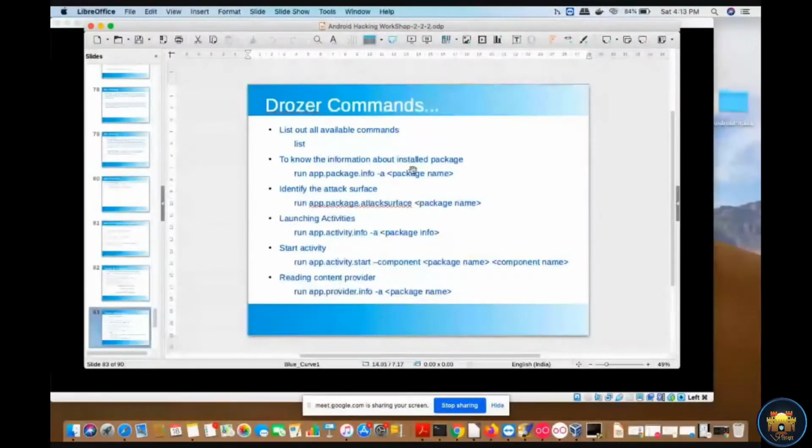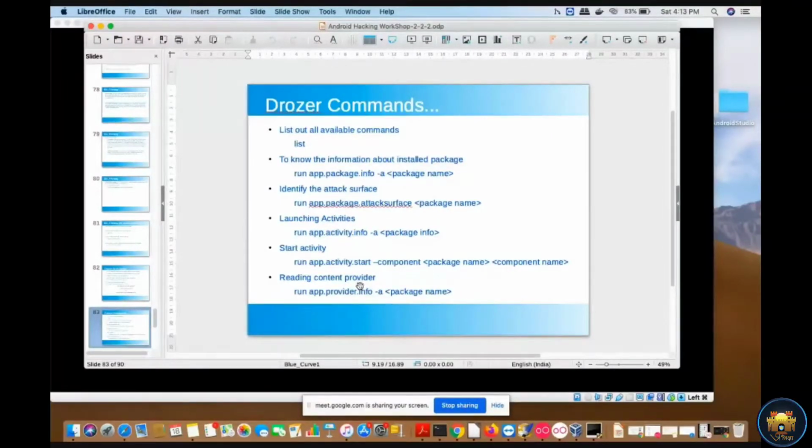If you want to know what all packages are installed in your emulator or the physical device, you need to just execute run app.package.info and then the package name. Similarly, we can check the attack surfaces, and if there are any activities exported, then we can launch the activities simply by typing a few commands in the Drozer console. In episode 3, we talked about how to bypass the activities and content provider.